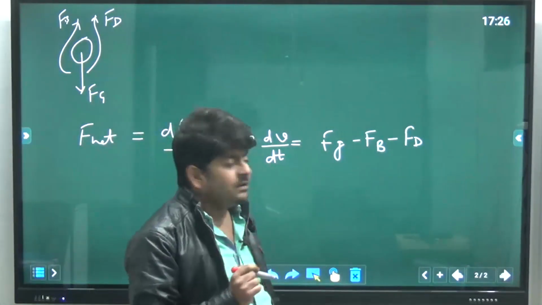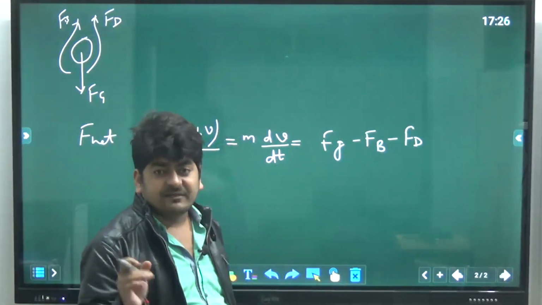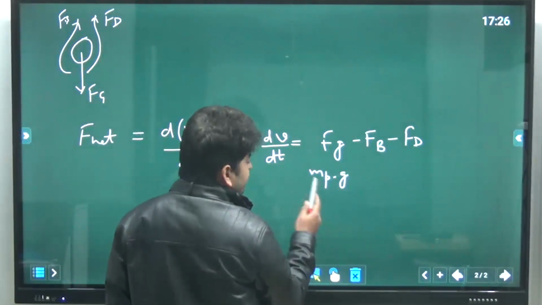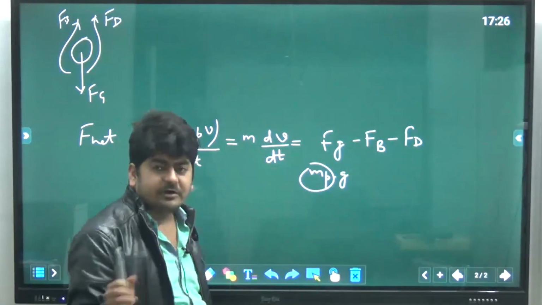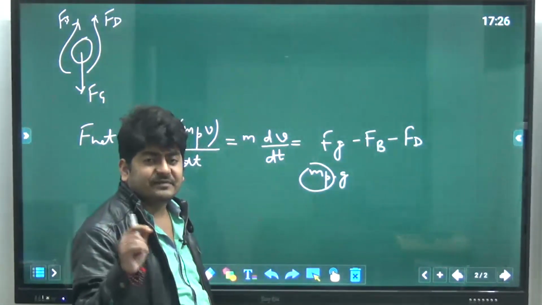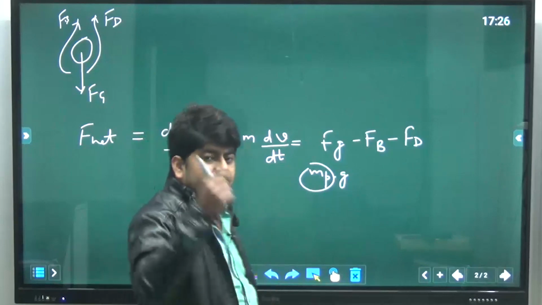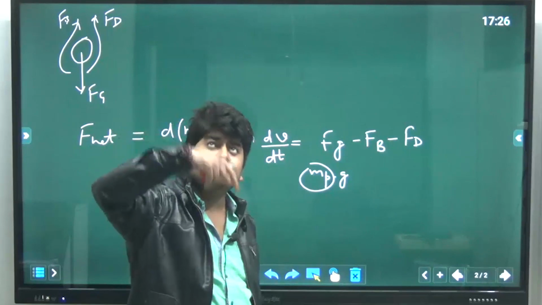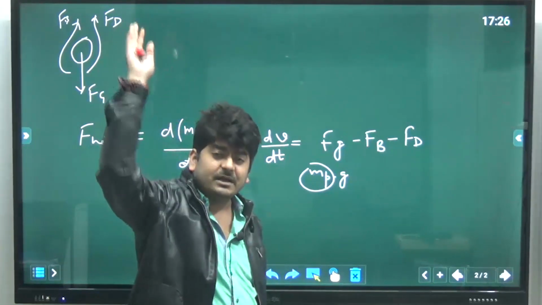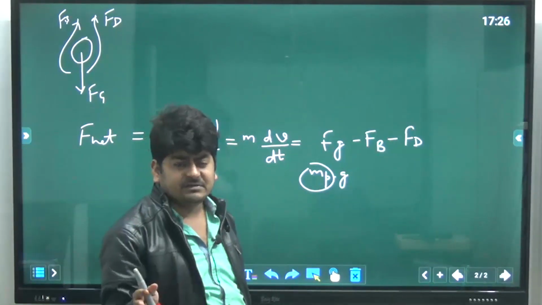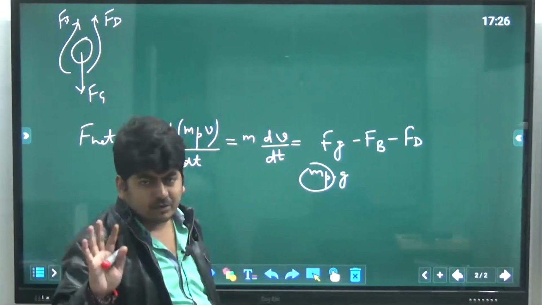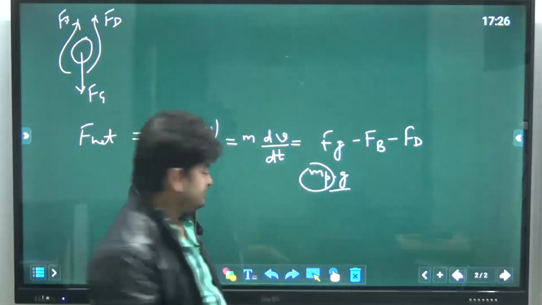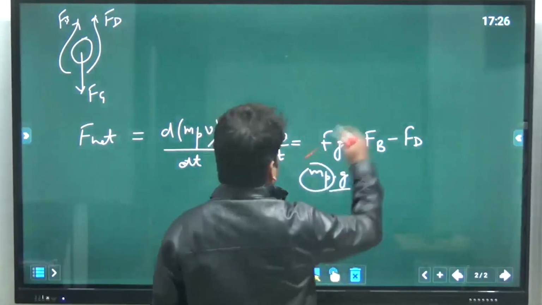So here Fg is the gravity force, that is the weight of the particle, and what is that? That is mass of the particle into g. We know that the mass of the particle will not change according to the law of conservation. Mass will remain constant. If you have a particle and you are falling that particle or throwing that particle towards the sky or from sky towards the ground, whatever scenario is there, mass is not going to change. g is also not going to change, so gravity force will be constant. I hope you understand this point, logic.